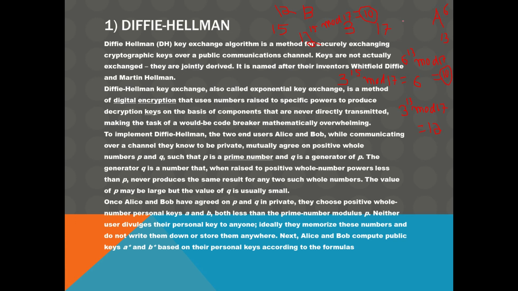And so this can be actually used as a method of exchange of information between the two, because you see that first of all they only come to the known agreement of two numbers, that is 3 and 17, and after that both of them chose their personal numbers, that is Bob chose 15 whereas Alice chose 13, and then finally they come to the same result, that is 10. So there is a lot of mathematics involved behind. If you want to learn more, then you can pause the video and read the slide to see what the information actually wants to convey.